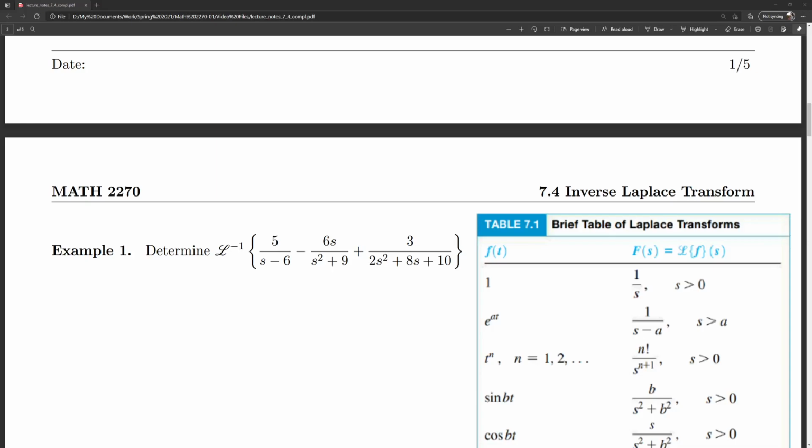minus 6s over s squared plus 9 plus 3 over 2s squared plus 8s plus 10, we can split that up into three pieces because of linearity. And in fact, we can split this up as 5 times the Laplace inverse of 1 over s minus 6,